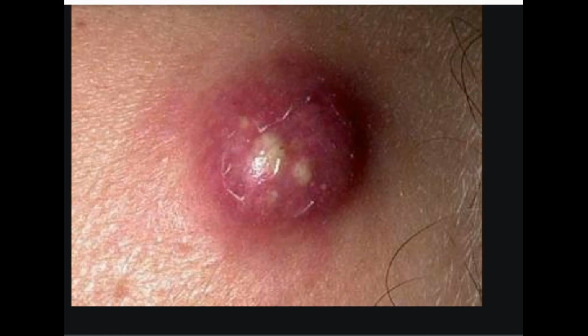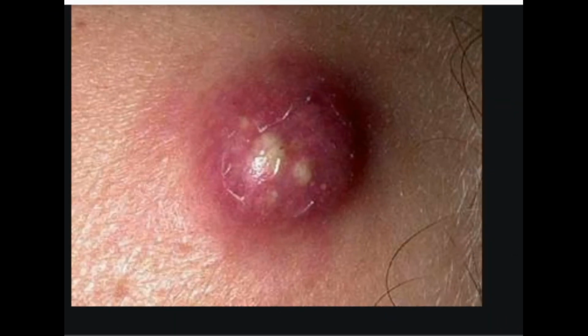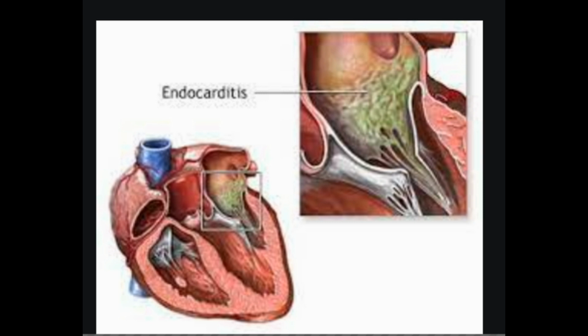Skin. Staphylococcus infections usually appear on your skin surface. The most common are impetigo, a crusting of the skin, and cellulitis, which may leave your skin red and swollen. Breast. Breastfeeding women can get a staph infection of the breast called mastitis, which can release bacteria into a mother's milk. Lungs. Staph bacteria in the lungs can cause pneumonia.